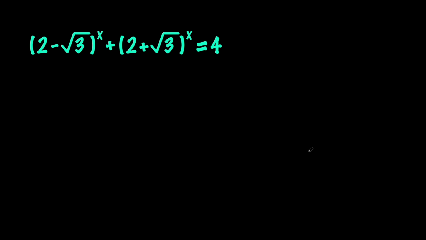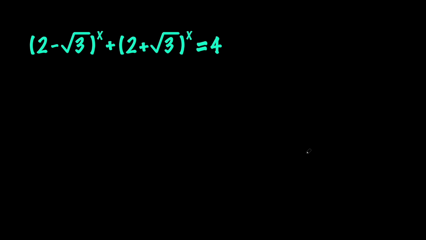Today we're going to be solving a really nice exponential equation. So we are given that (2 minus root 3) to the x power plus (2 plus root 3) to the x power equals 4. And as you probably already guessed, we're going to use the substitution method in order to